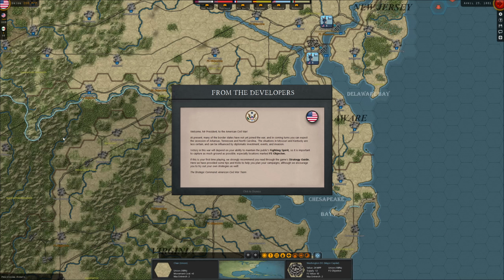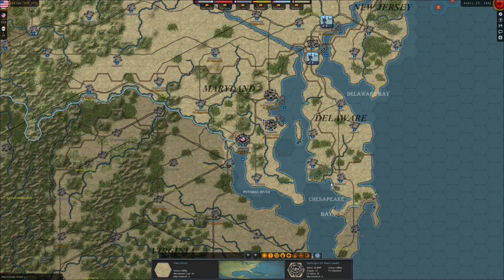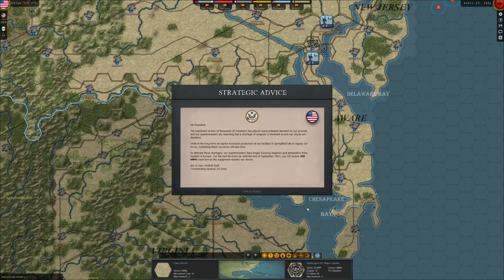Okay, here we go. Welcome, Mr. President, to the American Civil War. At present, many of the border states have not yet joined the war, and in coming turns you can expect the secession of Arkansas, Tennessee, and North Carolina. The situation in Missouri and Kentucky are less certain and can be influenced by diplomatic and West events and invasion. Victory in this war will depend on your availability to maintain the public's fighting spirit, so it is important to capture as much ground as possible, especially located and marked fighting spirit objectives. Yeah, strategy guide I've read, and it's the second game, so I'll keep on telling you about these things when